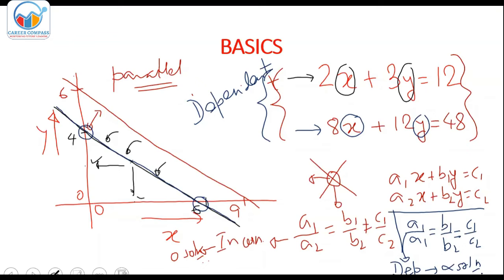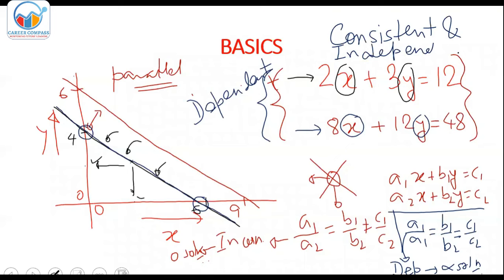So what we can conclude is, in order to get solutions, the equations must be consistent and independent. I repeat, in order to get unique solutions, we must be having a situation where the equations are consistent and